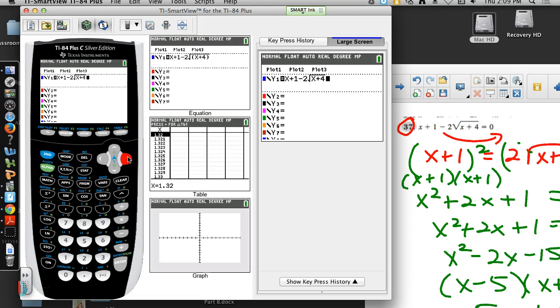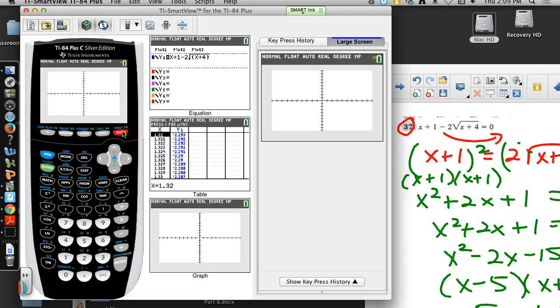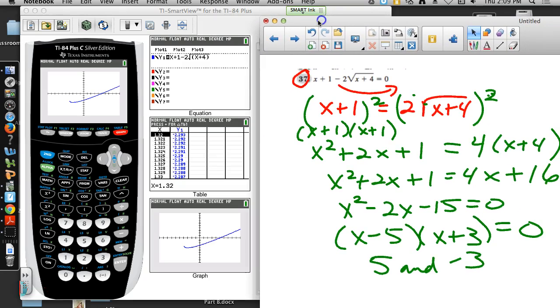All right, let's try Zoom 6. Let's just graph that and see it. Because remember, we knew what the solutions were supposed to be. And we can see we're not getting a negative solution to this at all. So the -3 does not work, and the 5 does. So that's when the graphing calculator comes in handy, is just to check your solutions and make sure that they